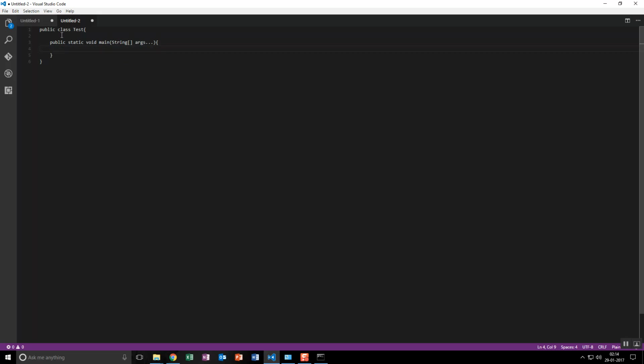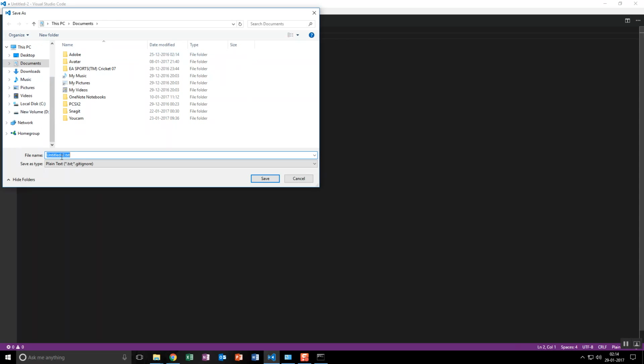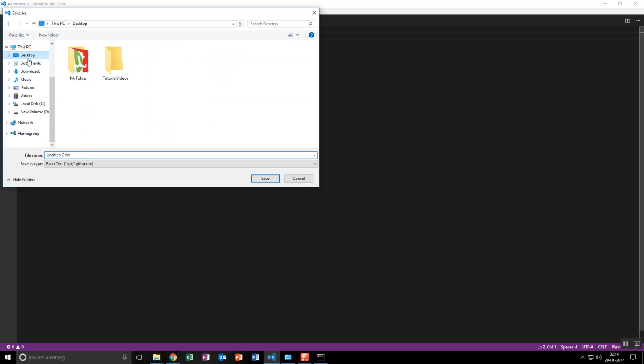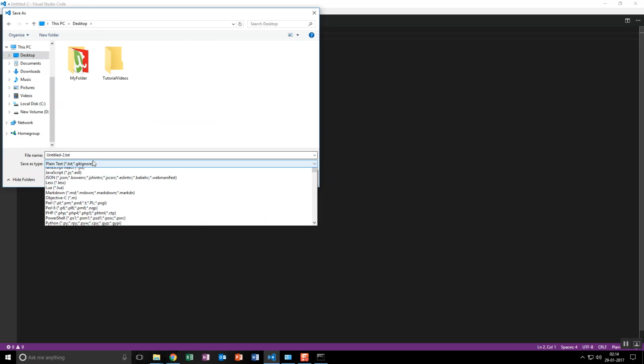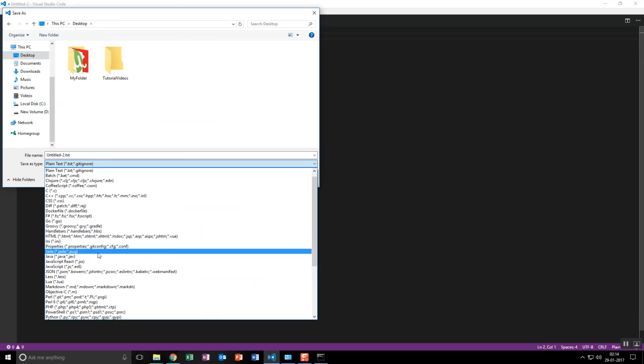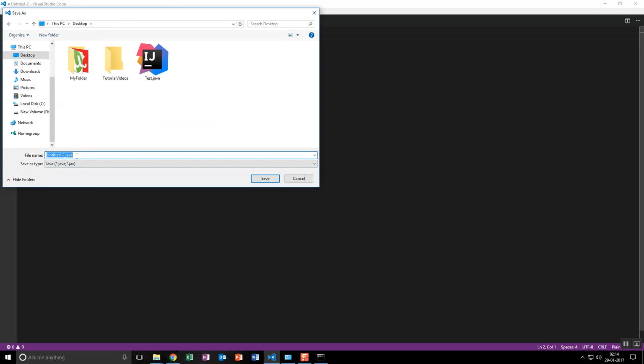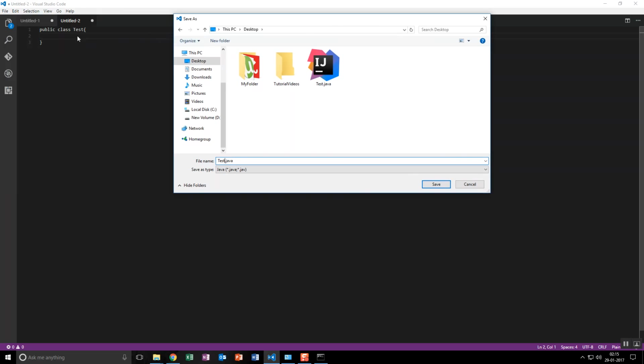So this is public static void main. I showed you the error previously, so I'm going to directly compile the code. If you want, I'll cut this part and save. Control S. I'll be saving it with the same name as the class. Okay. So I'm going to save it here, and it should be a .java file. I already wrote it in the previous tutorial. The same thing I'll be giving you, Test.